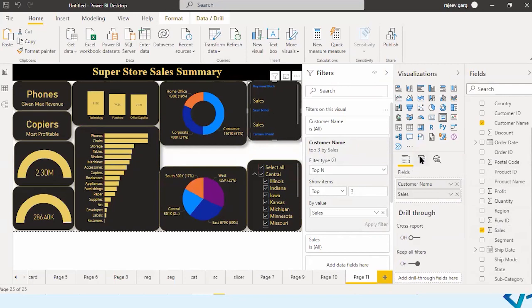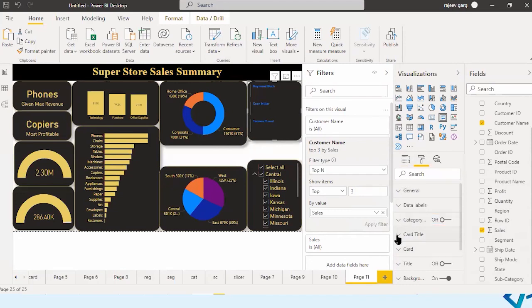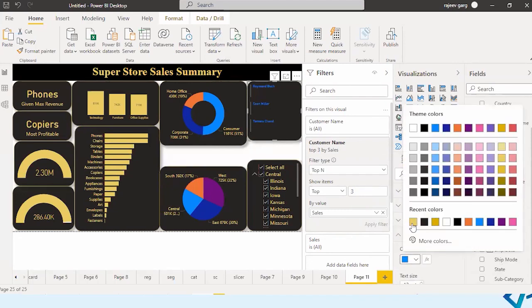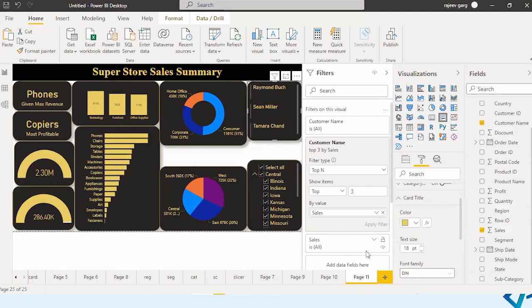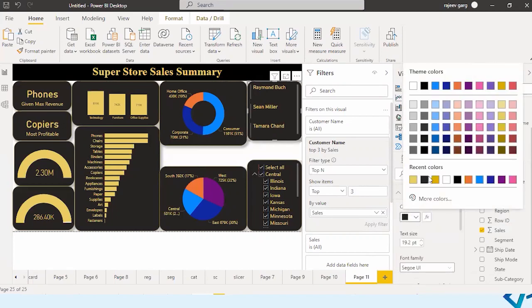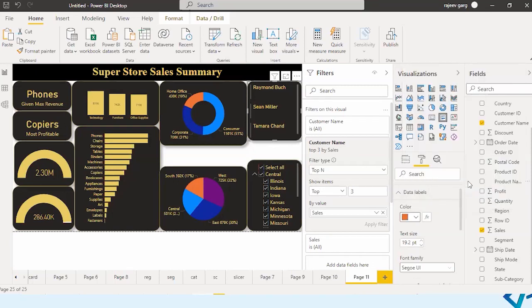Let me do the quick formatting over here. So category I don't want. Card title I want in a golden color and increasing the size. Then data label to be displayed in, let's take orange color, and reducing the size, let's take 16.